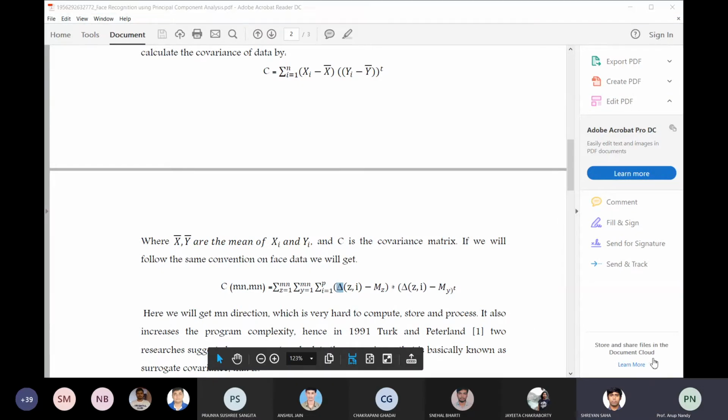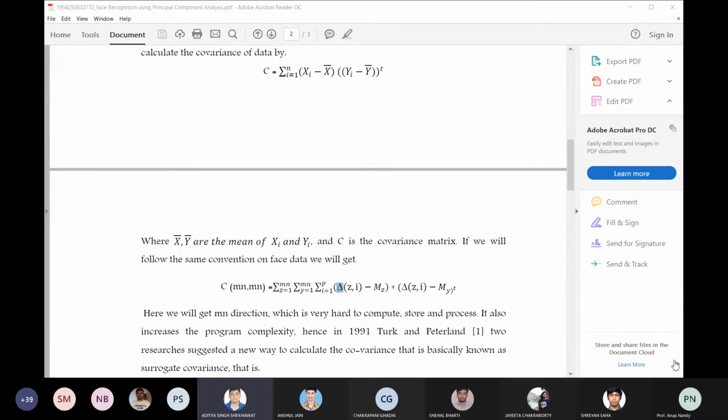Exactly. Yes, obviously. So there is a problem in this notation. Once the mean has been subtracted, only that subtracted mean will be written over there. So xi minus delta will be there. This x bar corresponds to delta, because delta is the mean subtracted images. That's it.